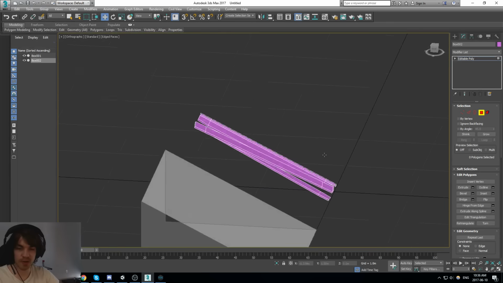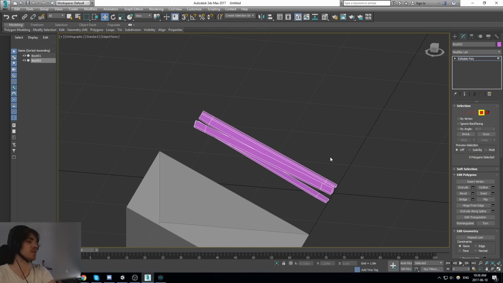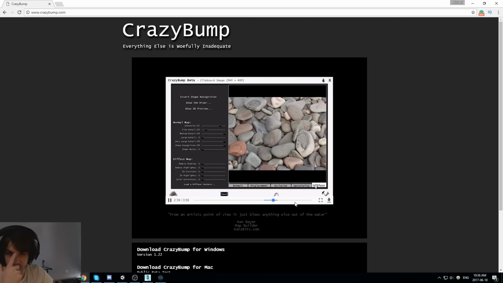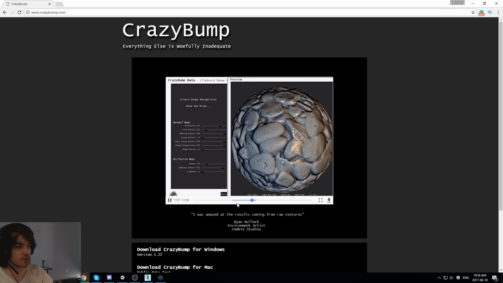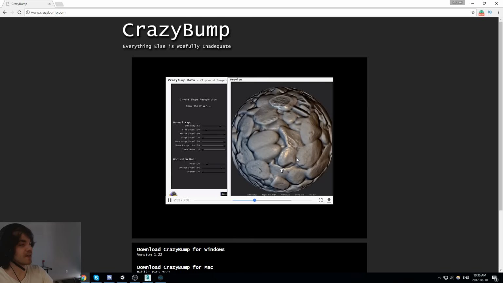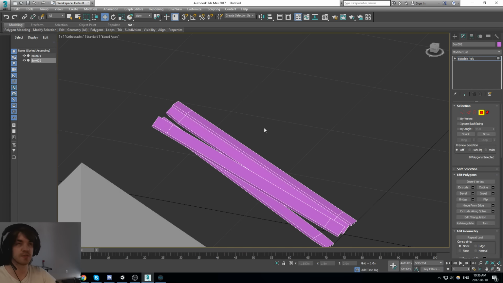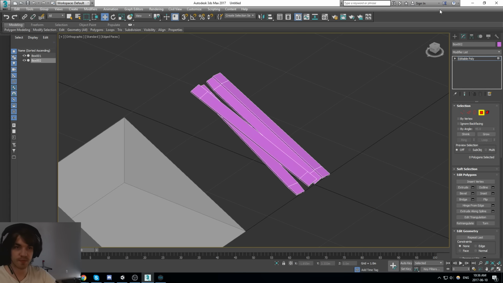That's the number one ramp. Now below that ramp I'd like to have some kind of rock or something. Pluggy says Crazy Bump is amazing. Okay, I know what Crazy Bump is. Assuming it takes a texture and then converts it into a normal map. Yeah, it probably does, but we don't want to have normal maps in our case. We're gonna be uploading this to the Play Store when it's over.